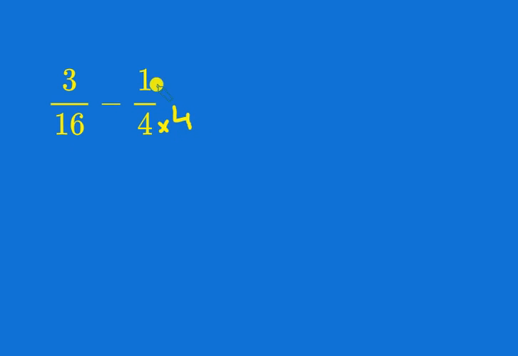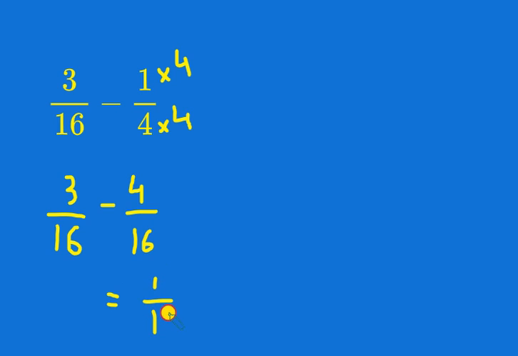4 into 4 is 16, but if you multiply the denominator, we have to multiply the numerator as well. So the first fraction will remain as it is, and the second one will become 4/16. Is it clear? This is how we can do it as well. 1/16, but as per BODMAS and the rules of integers, it will have a negative sign with it because this digit is bigger, so it has a negative sign in it. Is it clear now? We can also make the denominator the same by simply doing our mental calculation.